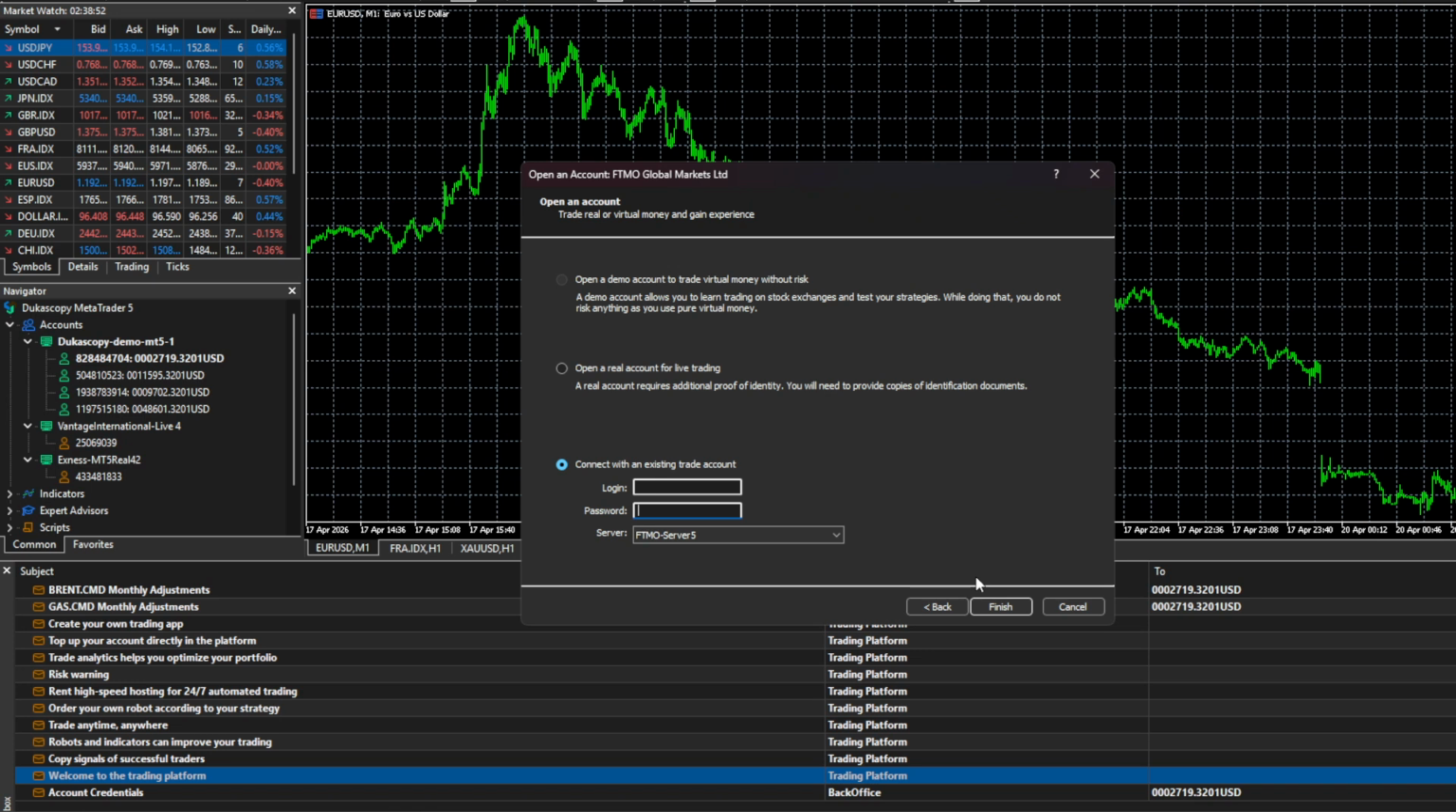If you run into any issues, simply repeat the process slowly, or check the exact login details provided by FTMO to ensure they match what